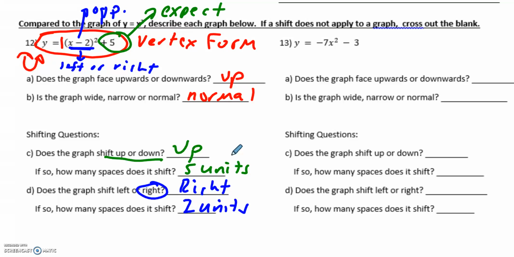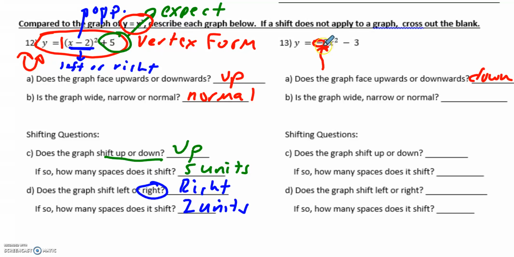If I looked at number 13, it asks me first, is the graph facing upwards or downwards? Because I see a negative in front of the entire parabola, I know it has to be facing downwards. Is the graph wider, narrow, or normal compared to the graph of just x squared, or y equals x squared? Well, that's when the 7 comes into play. Whenever I see something that's multiplying by 7, and it's not negative 7 because that negative has to do with it flipping downwards, but if I look only at the 7 here,